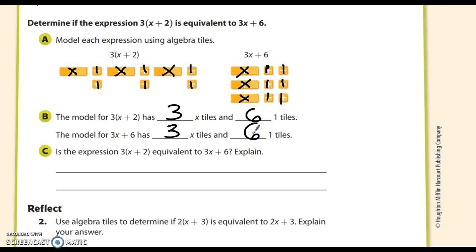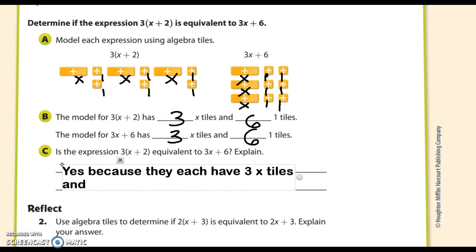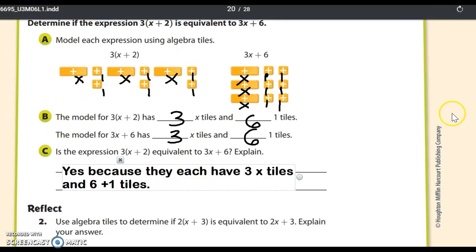Is the expression 3, I'm on C now, is the expression 3x plus 2 equivalent to 3x plus 6 and explain? The answer is yes, because they each have 3 x tiles and 6, and they're just called plus 1 tiles. I don't know a better way to write those. You could call them 6 1 tiles, but I'm going to call them plus 1 tiles. They each have 3 x tiles and 6 plus 1 tiles. That's it. They have the same amount. And if you can't see that,